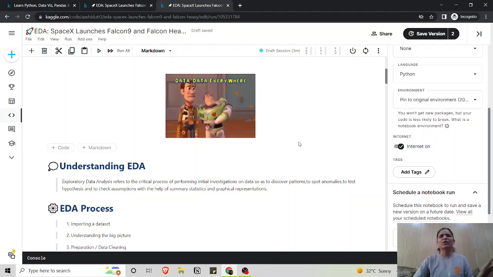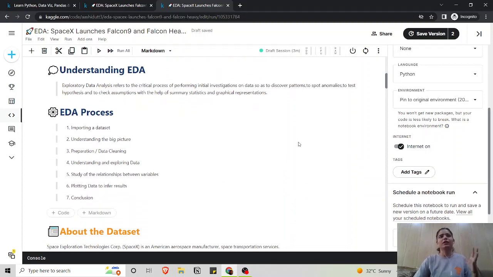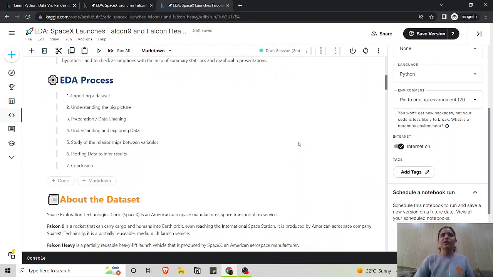And EDA is not really a difficult or typical task to do. What we usually do in EDA is import the data set. Of course, you can collect your own data set. You can get some data set like I got from Kaggle or some other sources as well. There are a lot of sources that you can find on Google. Just Google some data set that you might need regarding some project and you will find it.